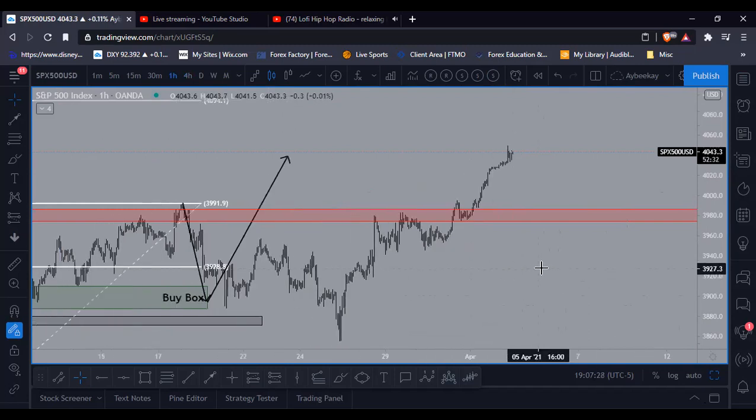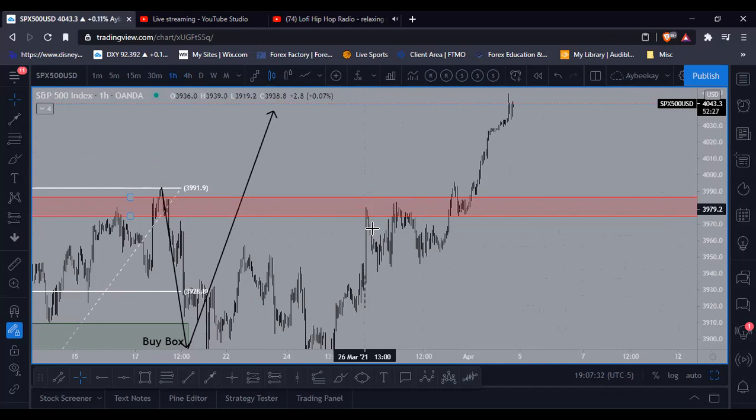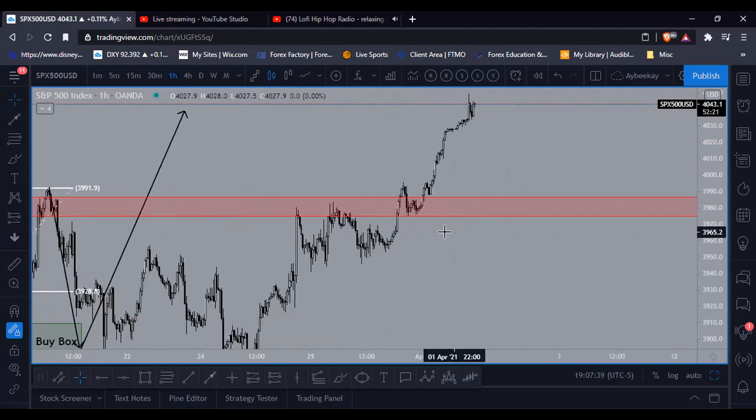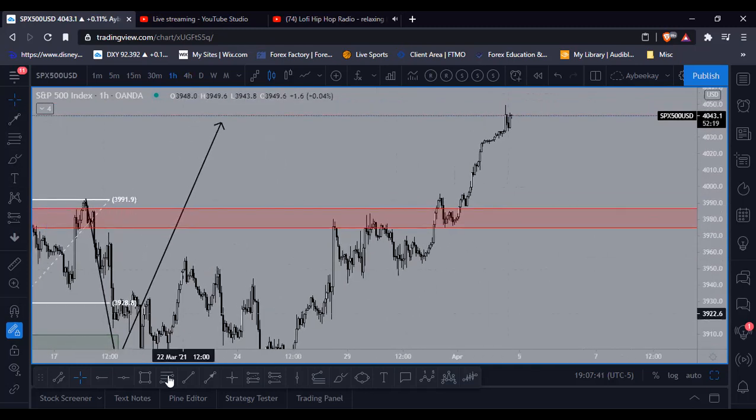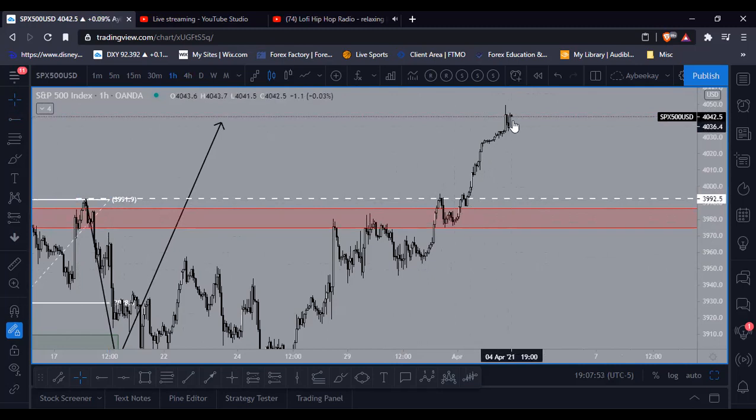But yeah, last week I remember that I said don't try to sell this, even though price did drop quite shortly after. But then again, it just made higher highs. So that's the reason why I said don't really sell it. If you would have set that buy stop that I mentioned, let me see what would have happened. You would have immediately gone into drawdown. Might have even wanted to exit the trade, but then price would have